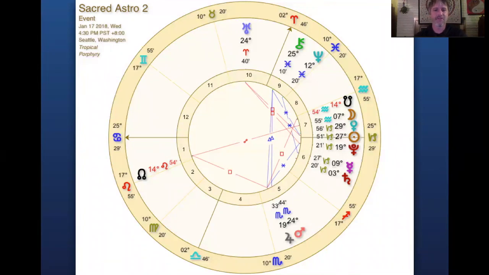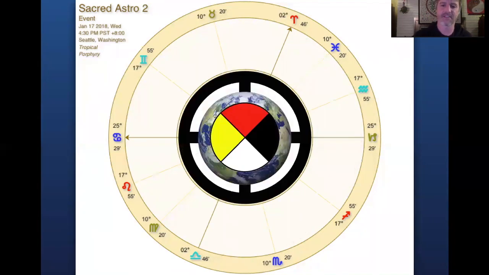This is the chart for lesson 2, start time. 4:30 p.m. today, January 17th, 2018 in Seattle, Washington, where I am, with the 26th degree of Cancer on the rise. That's the sacred hoop. And on the other side, sun setting, as we can see. So I don't need to look at the planets to speak about what I want to share here in regards to Iacos, the rudder. And we'll bring the earth, the medicine wheel, into the center here,